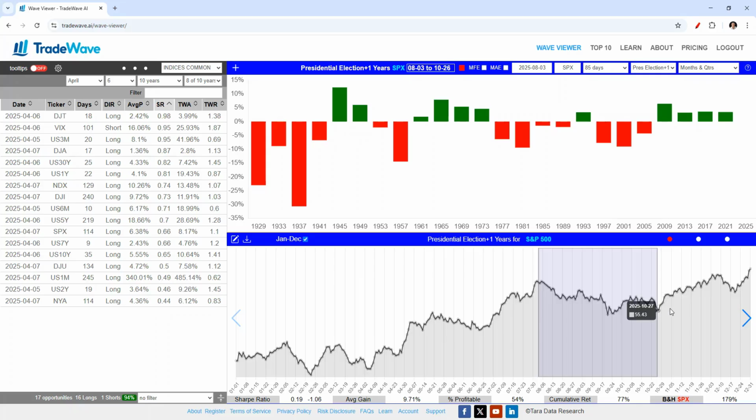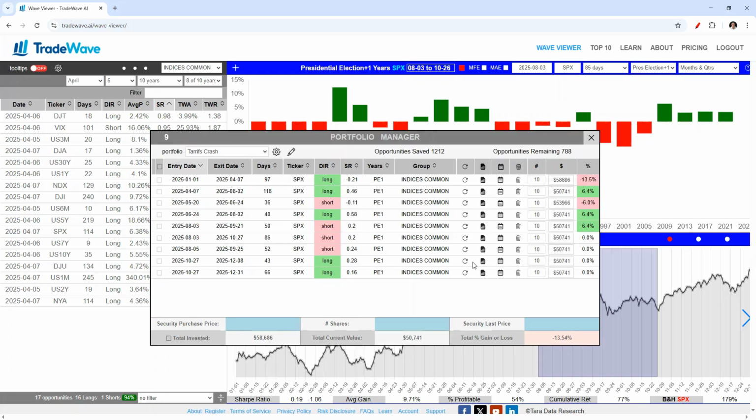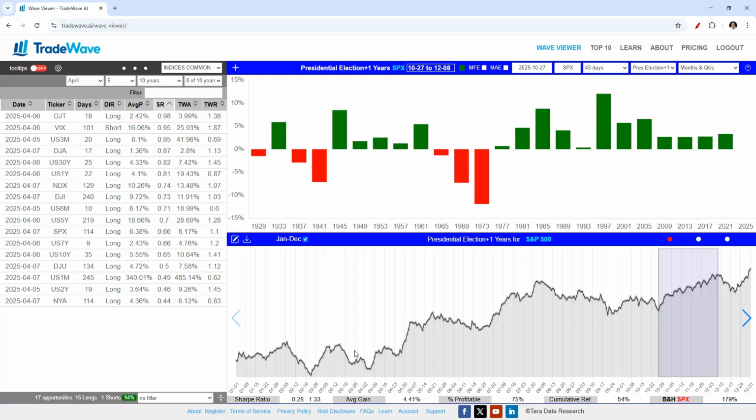But then an up move starts, and I would say this is a very bullish time. It typically is. End of October typically is a most bullish time of the year. Let's take a look at what that looks like. Look at this. It's been bullish. The PE plus 1 years, 1977 all the way, all of it. And then 65, 69, and 73 were negatives, but then it's a very bullish time.